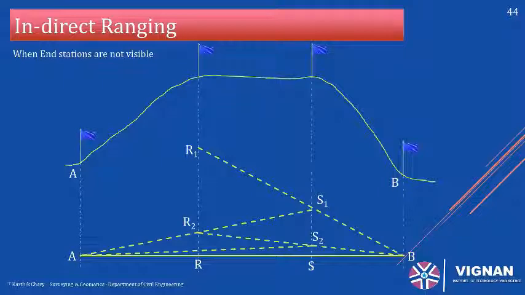So this is a process. Finally, they will be in such a position. If the followman at R looks, he is able to see the B point on the line S, the point where another person is standing. If he watches A, the R point is also visible. So this is indirect ranging, because A and B points are not visible. What we do is make the ranging from the other side. That is why it is called indirect ranging, or it is also called reciprocal ranging.